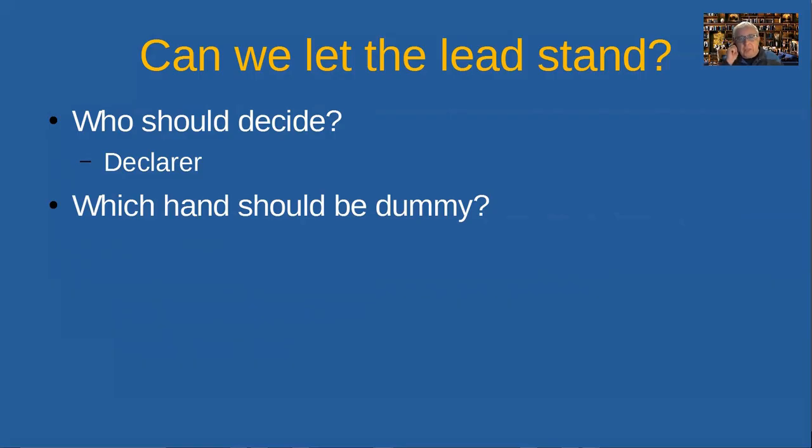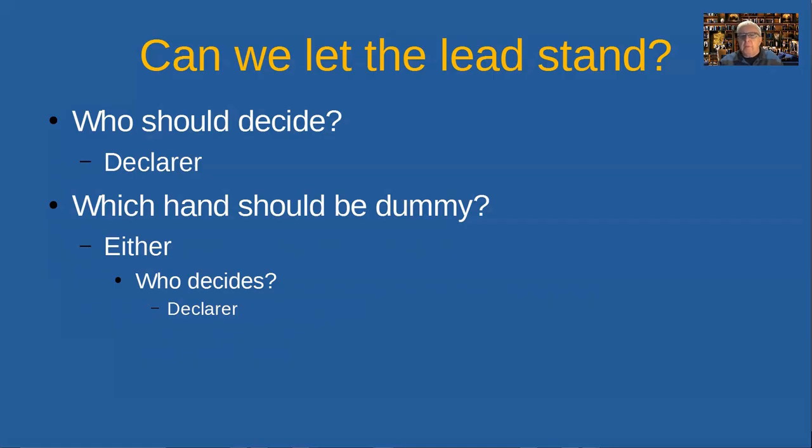Got a funny question perhaps next, which hand should be the dummy? Should it be the South and have the lead come right round through the declarer and then end up with the 4th card being played from South as a dummy? Or should you switch over and make the declarer the dummy and the dummy the declarer? Well, who's going to decide that? It's going to be the declarer again. They have a chance to decide.